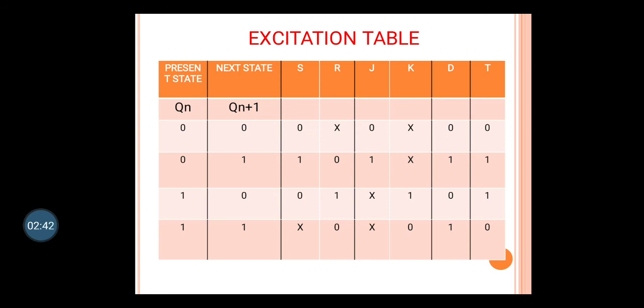So basically for our synchronous designing, we will be using only the T flip-flop. You have to remember the excitation table for present state, next state, and T value for the T flip-flop. For remembrance: for 0 0, T is 0; for 0 1, T is 1; for 1 0, T is 1; and for 1 1, T is 0. So it is nothing but the XOR gate output, to remember.